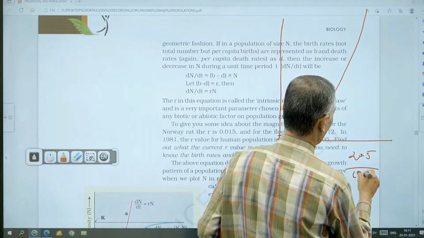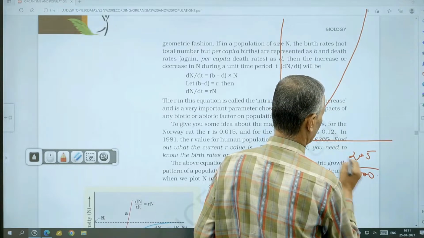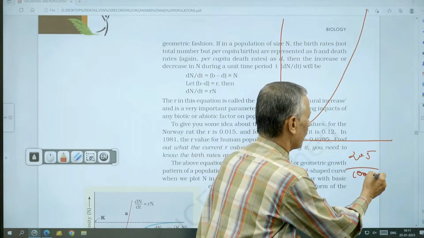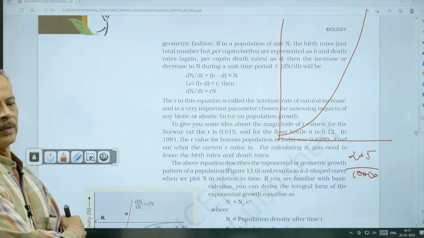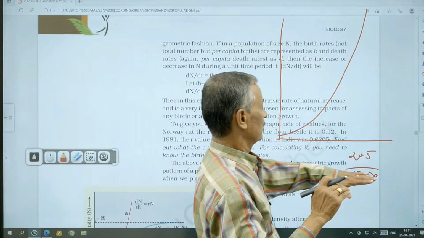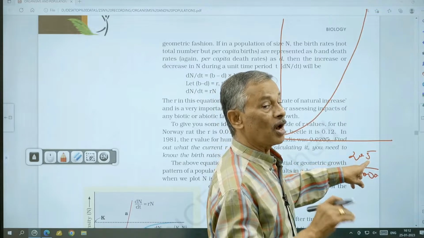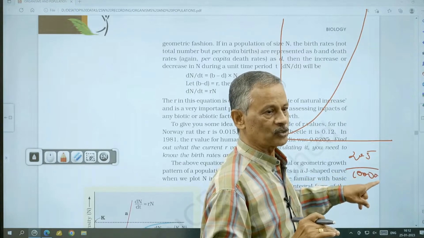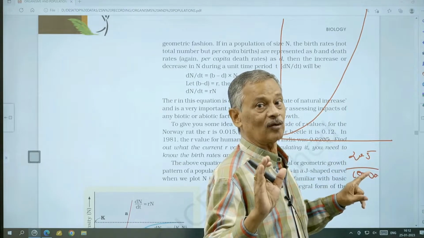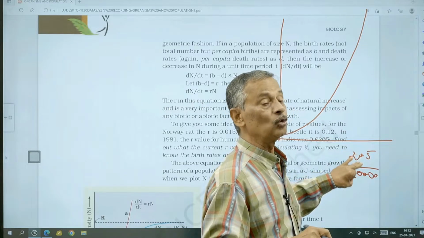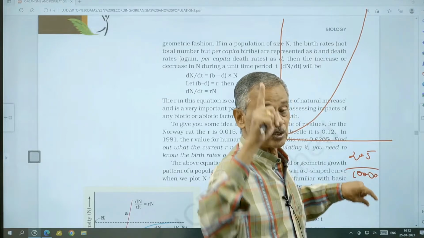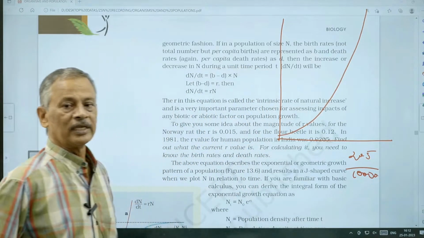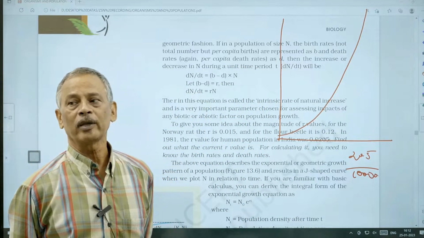out of 10,000. See, 1, 2, 3, 4, 4 decimals we remove. Okay. So out of 10,000, 205 people are newly formed in 1 year, in unit time. That's the meaning. This is the contribution. So every 10,000 people are contributing to the growth by 205 people, or the contribution of one individual is 0.0205. That's the meaning of intrinsic rate of natural increase or biotic potential.